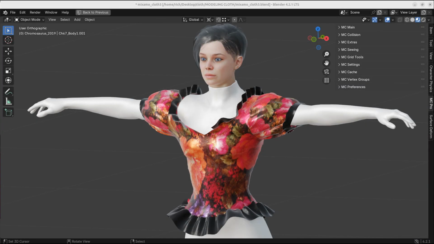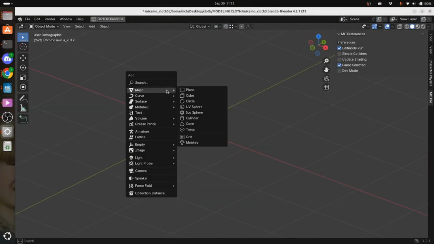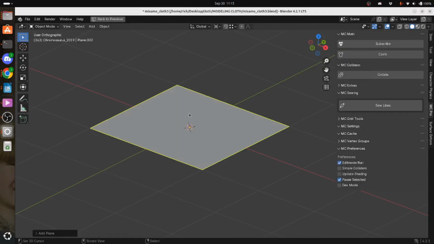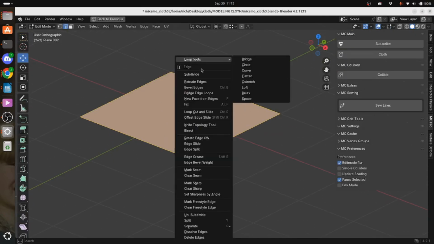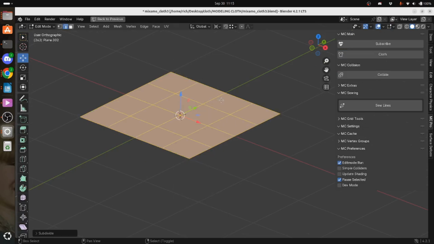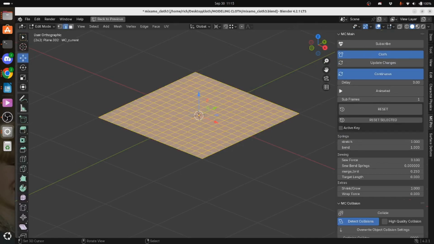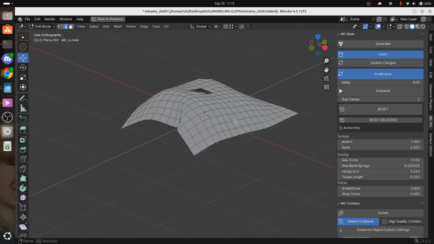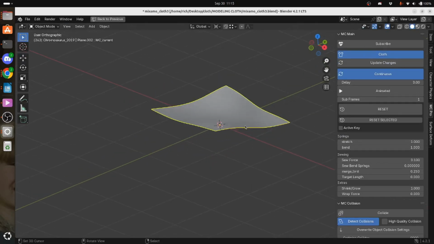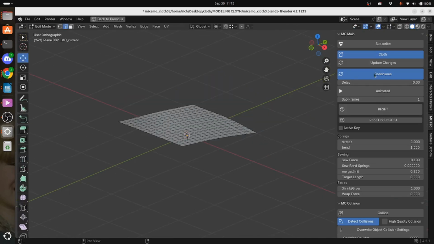In this release of Modeling Cloth Pro, we now have bend springs that function across sew springs. To see how that works, we're going to just add a plane here and make it cloth. And then while it runs, we have our expected behavior. If we were to sew this together,